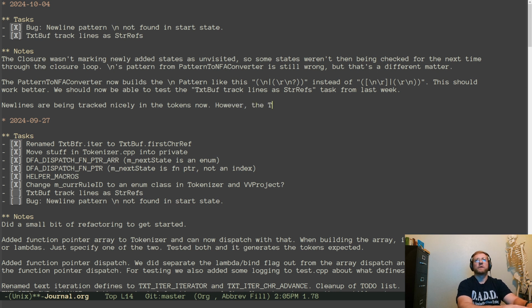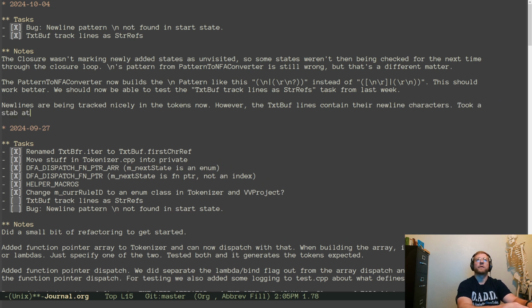However, the TxtBuf lines contain their new line characters. Took a stab at removing them, but it didn't take. We'll look at it next week.